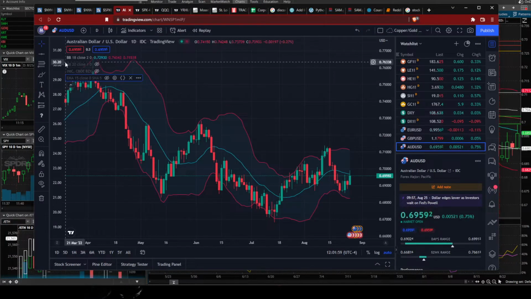As we can see here, the 2 standard deviation Bollinger Band that I set around the 18-day moving average, as you can see, it seems to be a good pivot. This is something that I've noticed since June and July, but it went over the 18-day moving average, and now it's actually settling below. Okay, I think if the Australian dollar keeps going down, and right now the 18-day moving average is sloping down, then pretty much the market is saying that stimulus is not enough. Okay, it's not enough. And that is what I suspect.